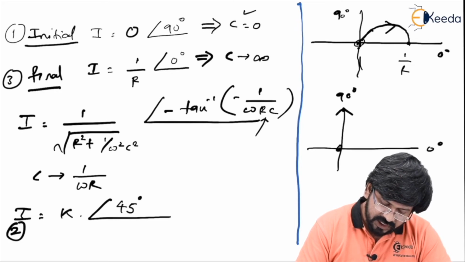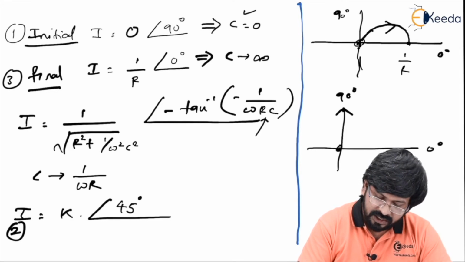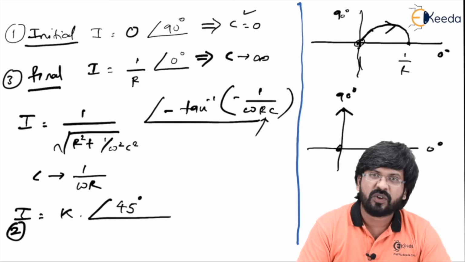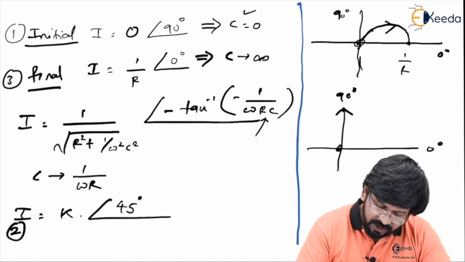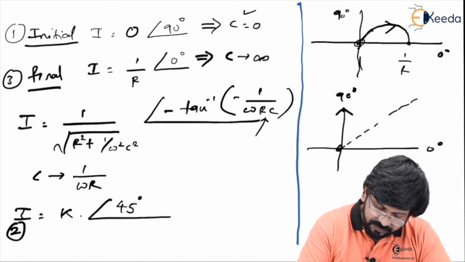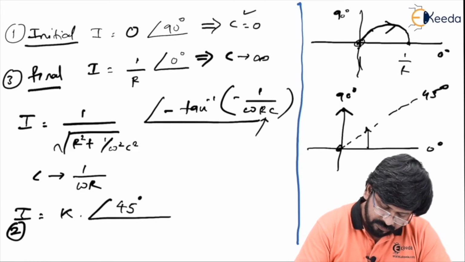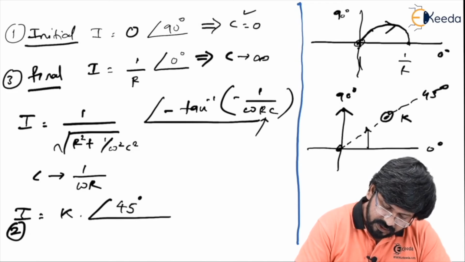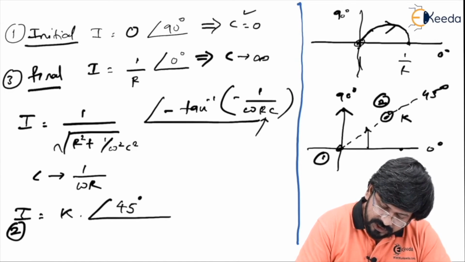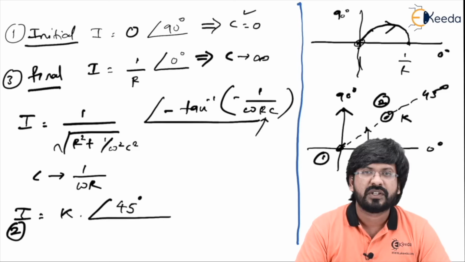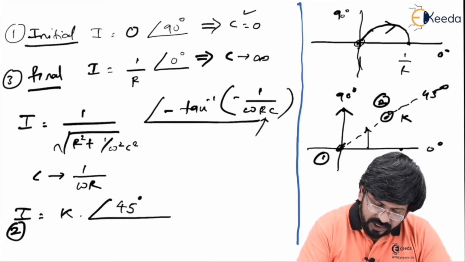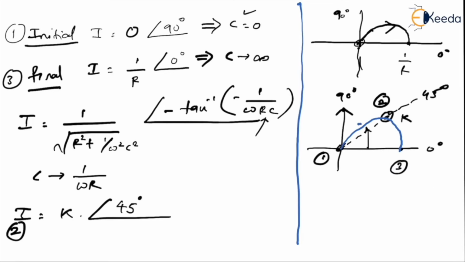The second point says it is k at an angle of positive 45 degree. You know the fact, when you go anti-clockwise, you get positive angles. So 45 degree has to be this angle. So for 45 degree, I got some constant value k. See, this is the first point, this is the second point, and we know the third point is this. So when we join these 3 points, we'll get a complete curve. So this is the way we shall really go.